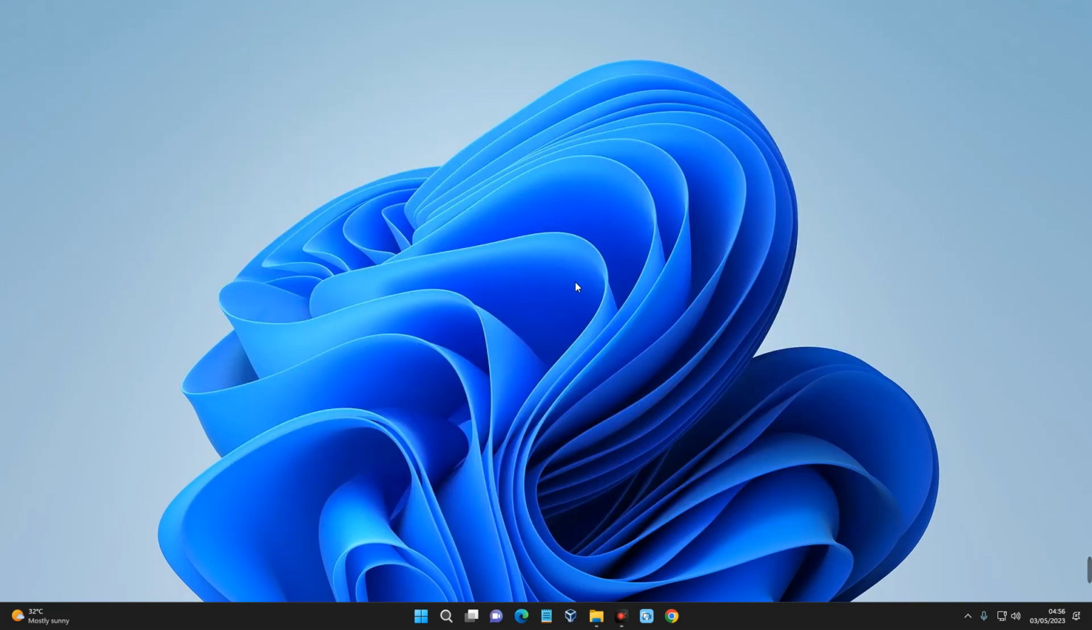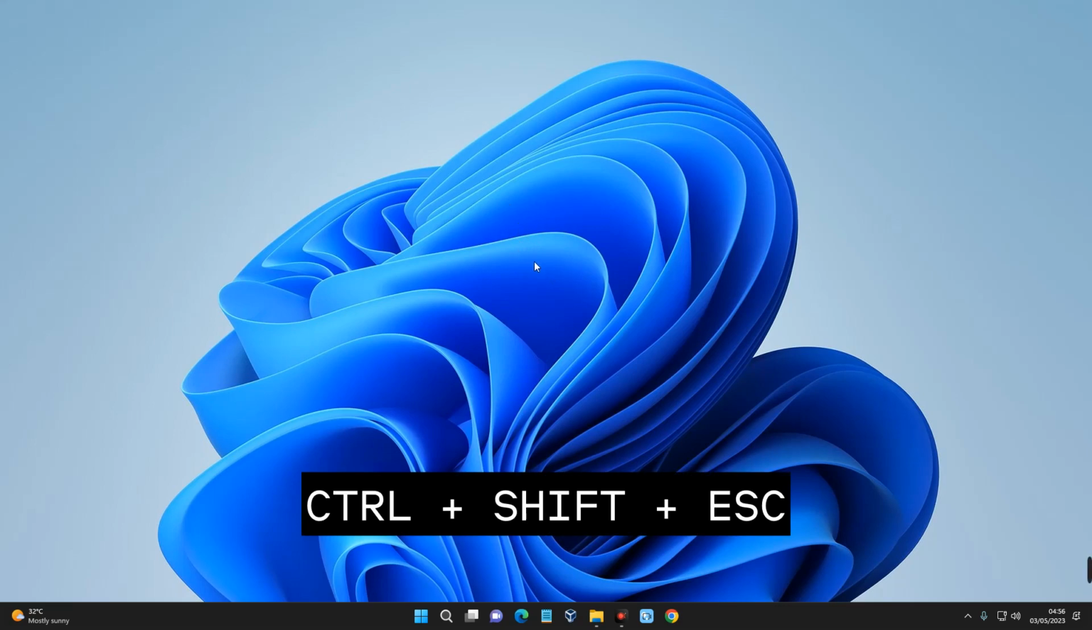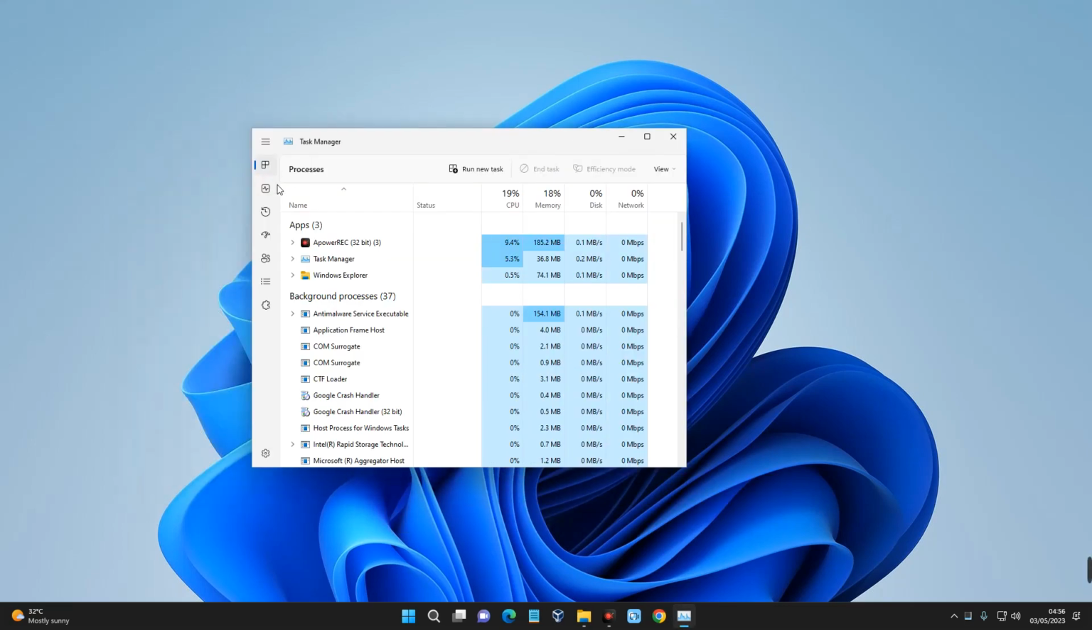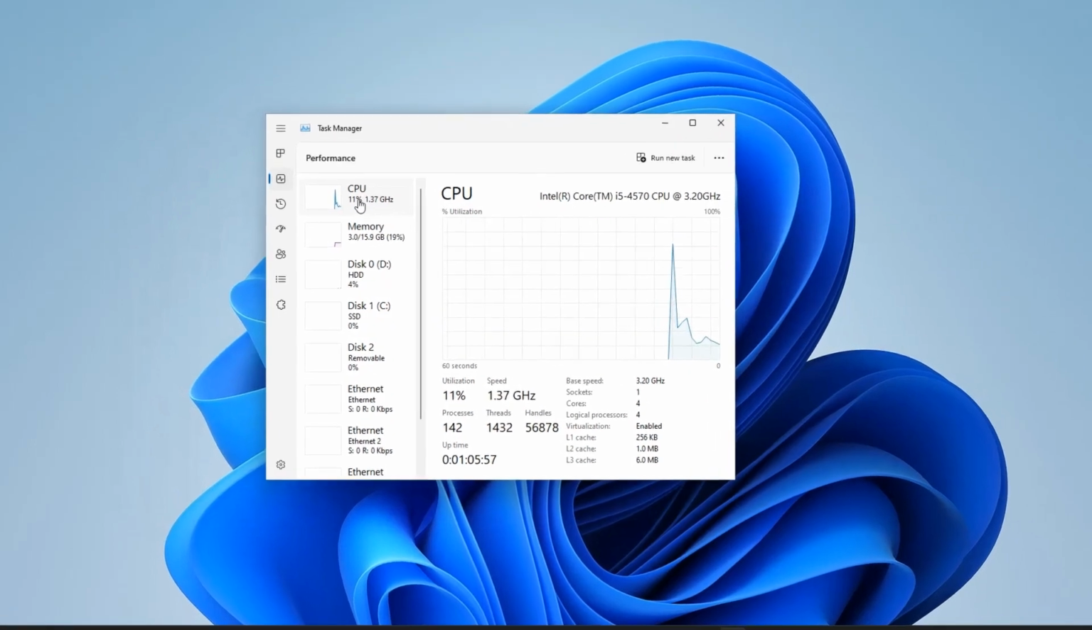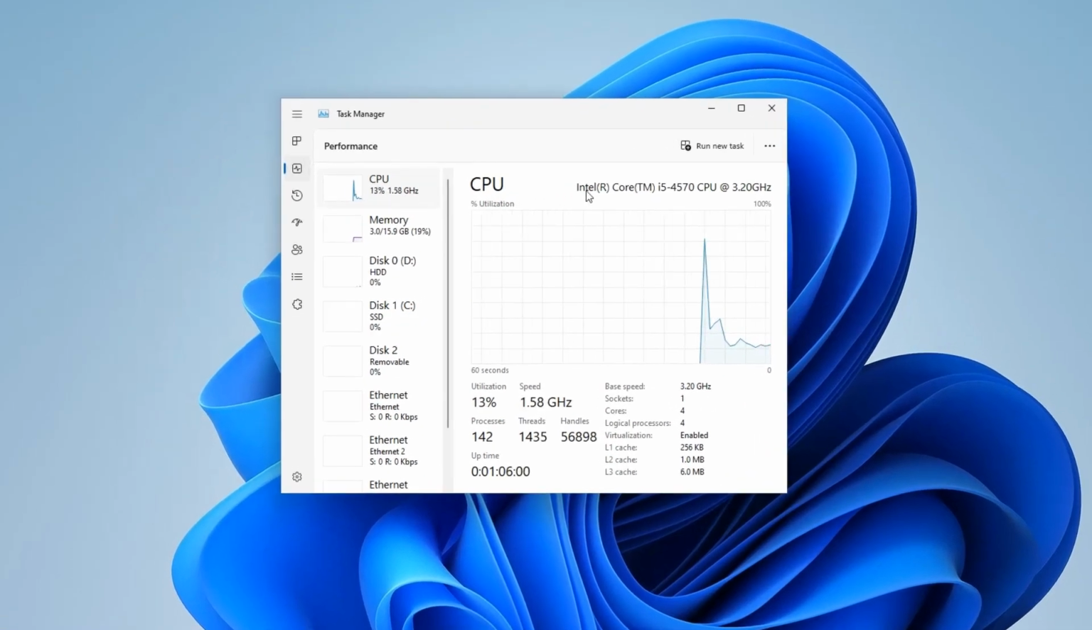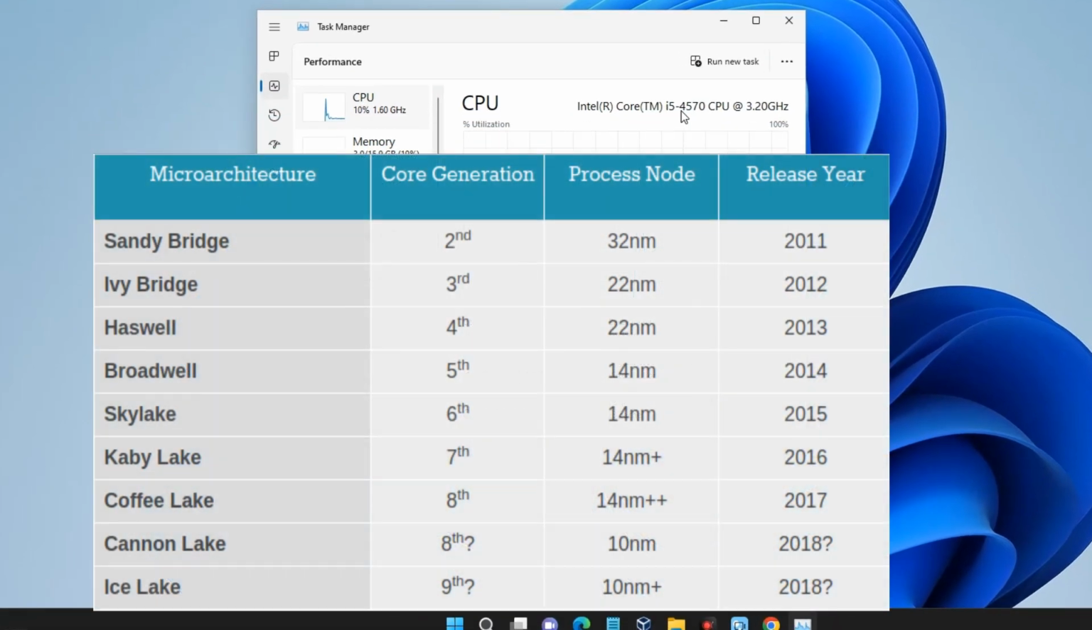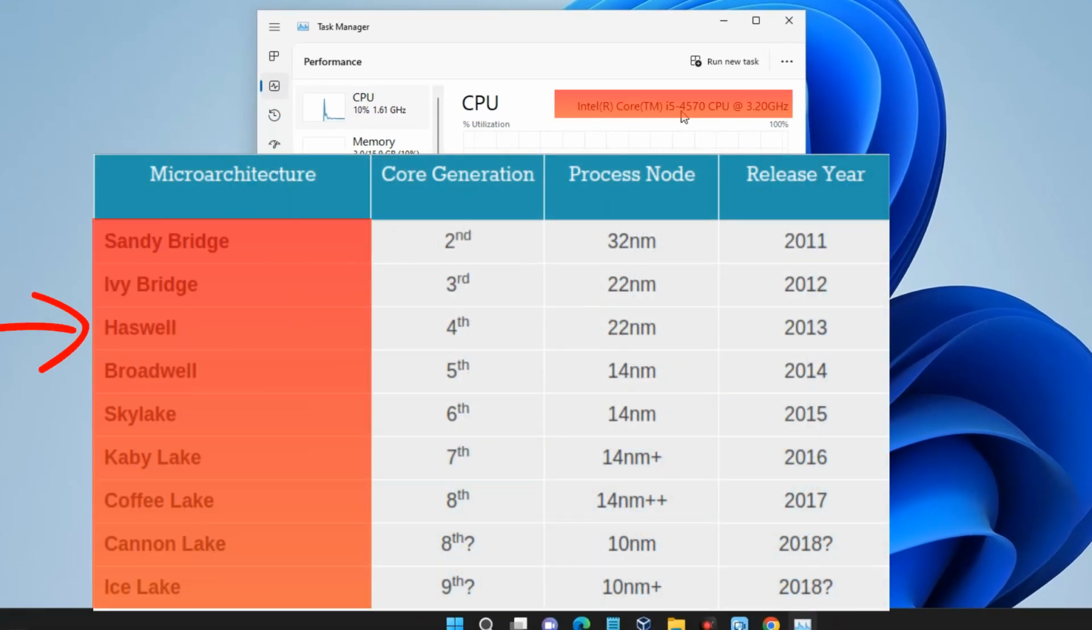Now we need to check the CPU of our machine to know the right EFI we need to download. And to do that, open your task manager by holding Ctrl+Shift+Escape. Now go to performance and then click on your CPU. By the right, you can see over here Intel Core i5 4570 CPU. Now this means this is a 4th generation CPU starting with 4. Make sure to confirm your CPU and the code name associated with it so you can download the right EFI